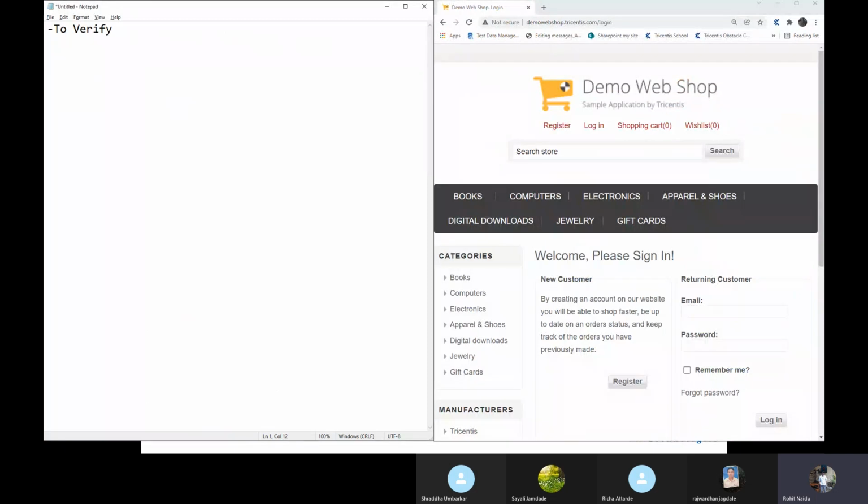So the requirement will be specified to us like this: verify login functionality of which application? Demo Web Shop.